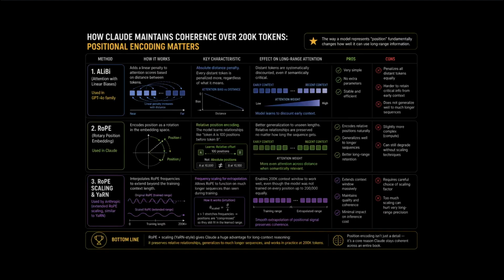Position encoding is the unglamorous detail that determines whether your long context model actually works. GPT models using ALiBi bake in a structural bias, that is, every position further away gets a penalty. So the model literally learns to care less about things earlier in the document. RoPE, which Claude uses, encodes position as rotations in a complex number space. The magic is that it's relative, so the model learns relationships between positions and not absolute addresses. Combined with Anthropic's rope scaling technique, Claude can generalize to sequences far beyond what it saw in training without position embeddings going out of distribution. And this is why Claude can open a 500-page PDF and actually reference page 3 when answering a question on